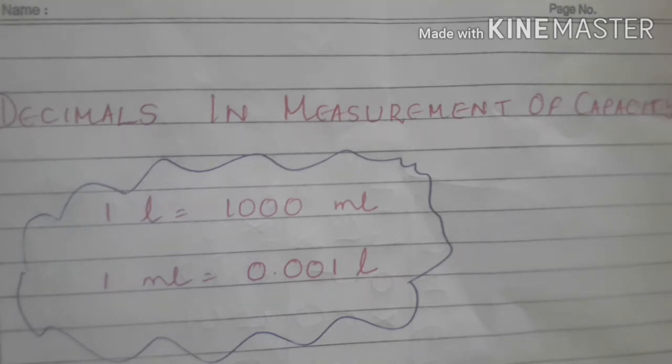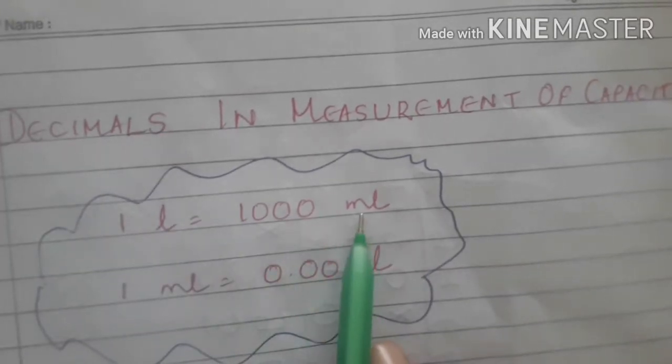But to measure the capacity correctly, we need to use some standard units. Otherwise, a container's capacity will be different when measured with different non-standard units. So, we need to know what is the standard unit of capacity. Here, the answer is liter. Now you know that 1 liter is 1000 milliliters.